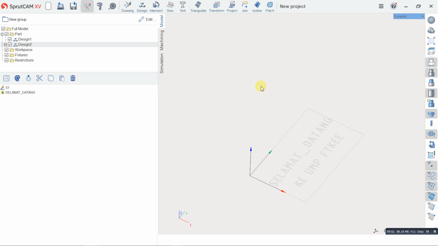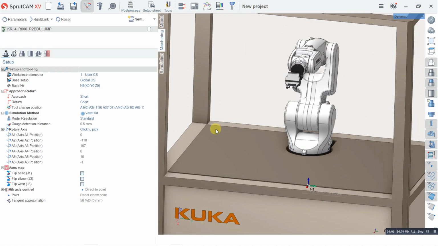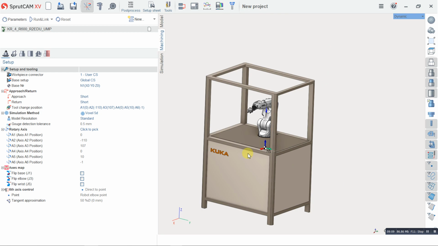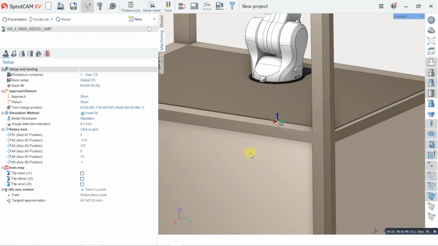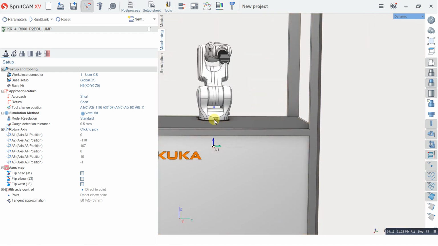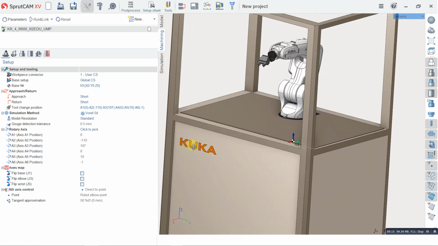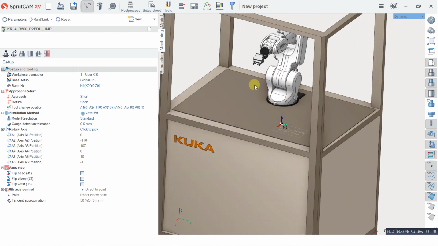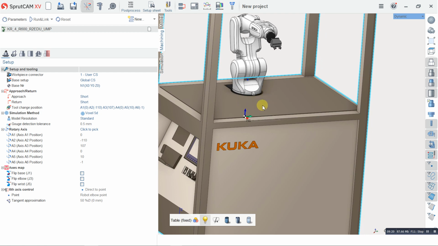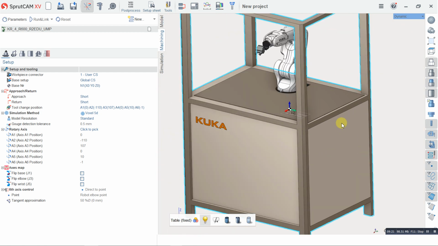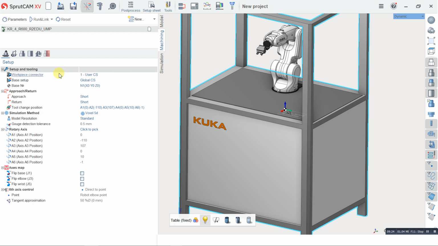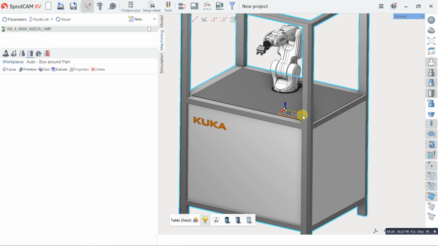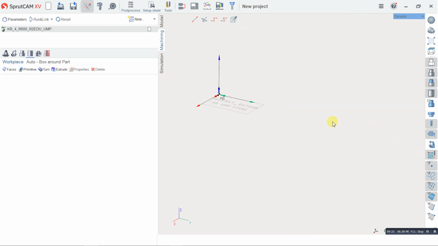Now in machining, as you can see, the drawing is currently located below the cell. What we're going to do now is move this drawing to the surface of the cell. We have to go to setup. No, we try to make a workpiece first. So right now we can just turn off the robot module, the robot kinematics. Then we use extrude, select the boundary,